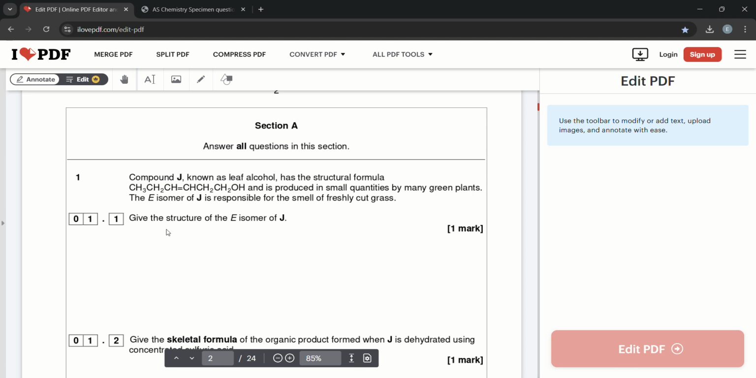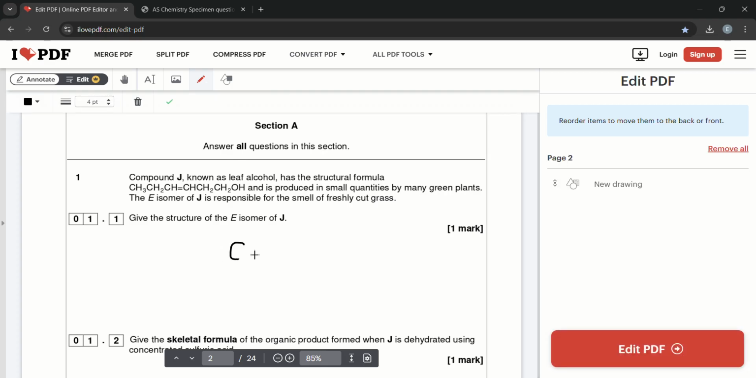Question 1. Give the structure of the E isomer of J. Well, we know we've got C11 C in the middle, and we've got CH3 CH2, CH, CH3 CH2, and we've got an H, and that's obviously the C,